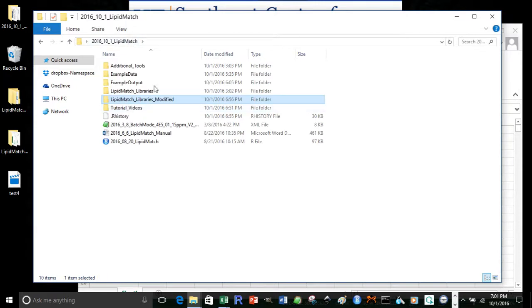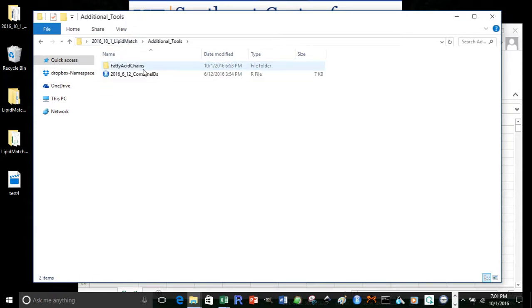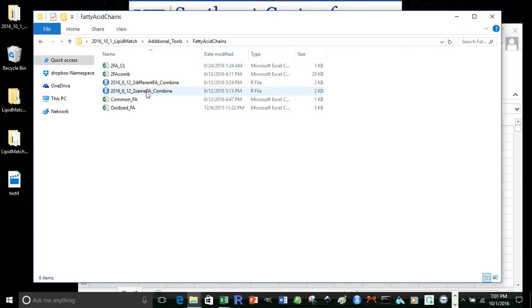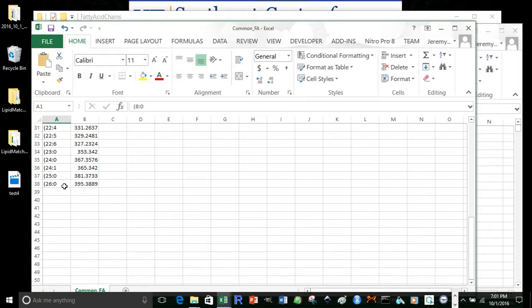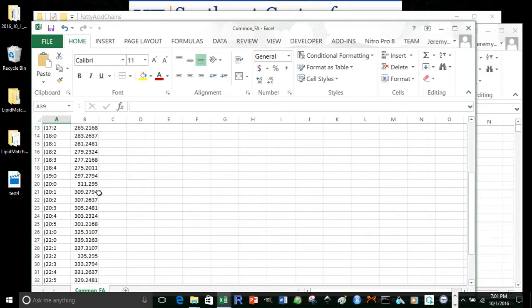First, if you go into your LipidMatch folder and you go into Additional Tools, Fatty Acid Chains, here you can generate the combinations of any 2 fatty acid chains. There's already some example inputs here. So here's common fatty acids. We're going to use this and generate all the combinations for a lipid containing 2 fatty acyl chains of these lipids. Just for fun, let's say we wanted to add another fatty acid that we thought might occur. We can add